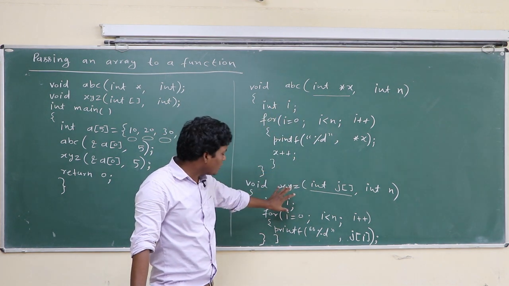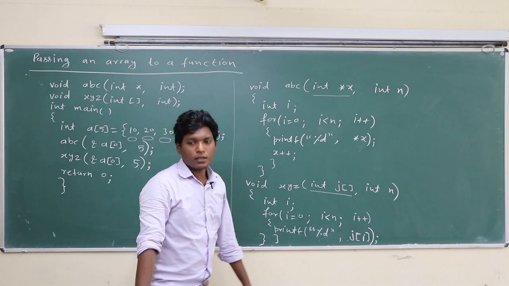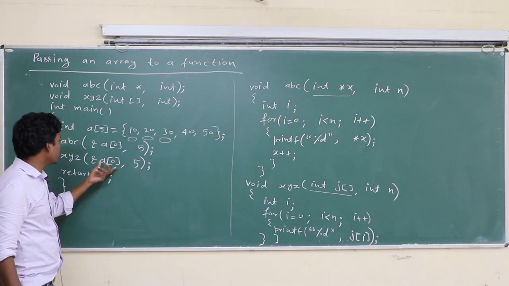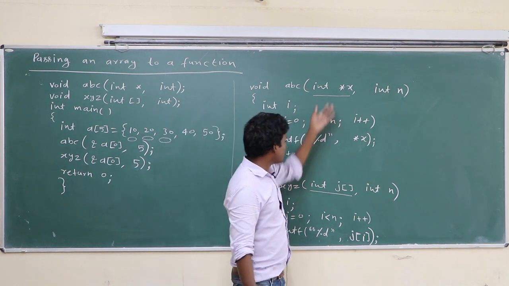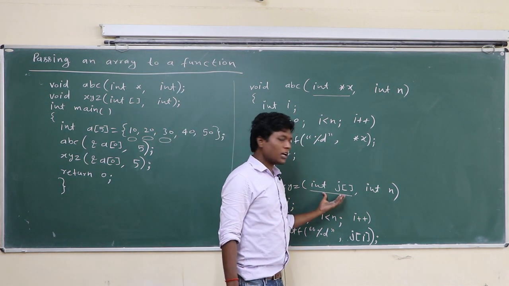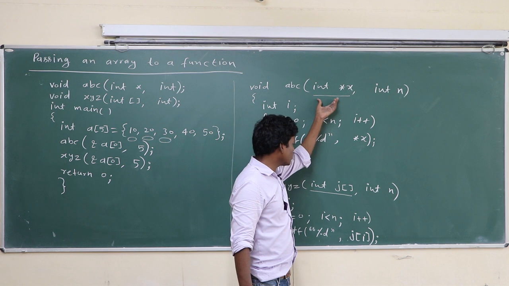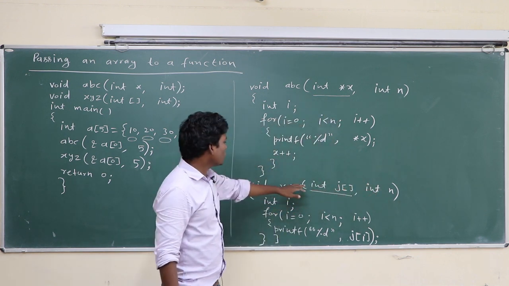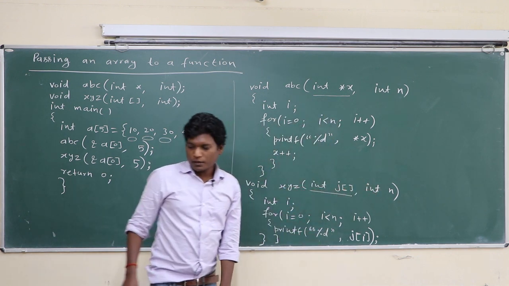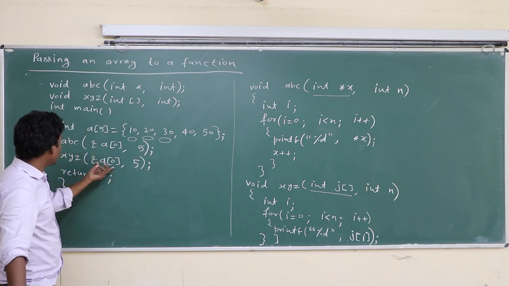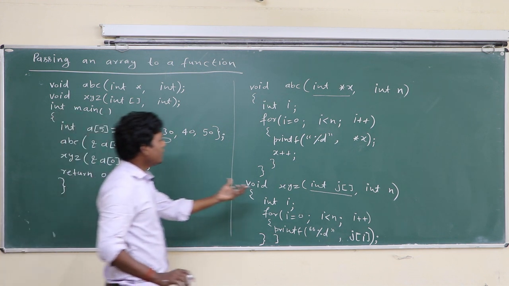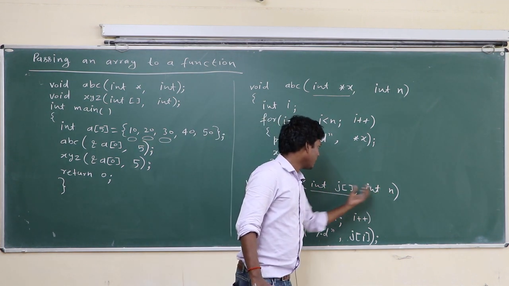Okay, either you can choose that method or this method. Both methodologies are the same. When you supply the base address of an array, you may choose any one. Either you choose this or this. In this case there is also a base address, in this case there is also a base address. So this is another method to take the base address of an array. Whatever you have supplied is received here in parameters.